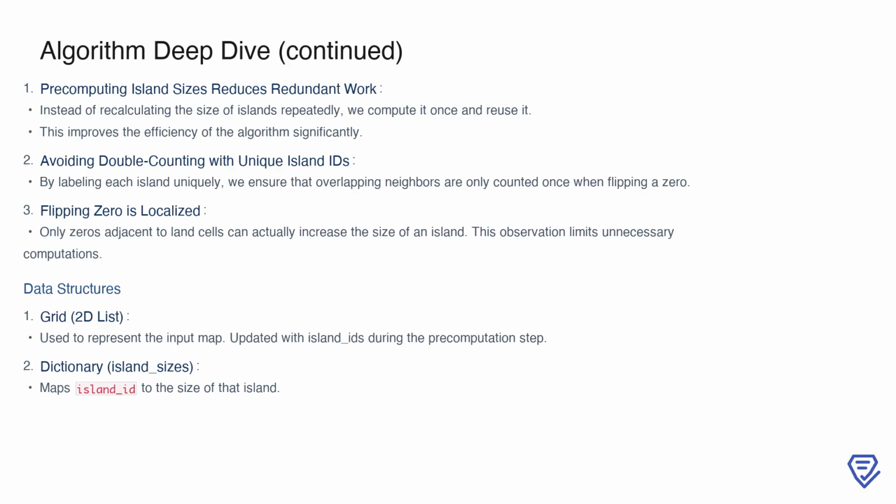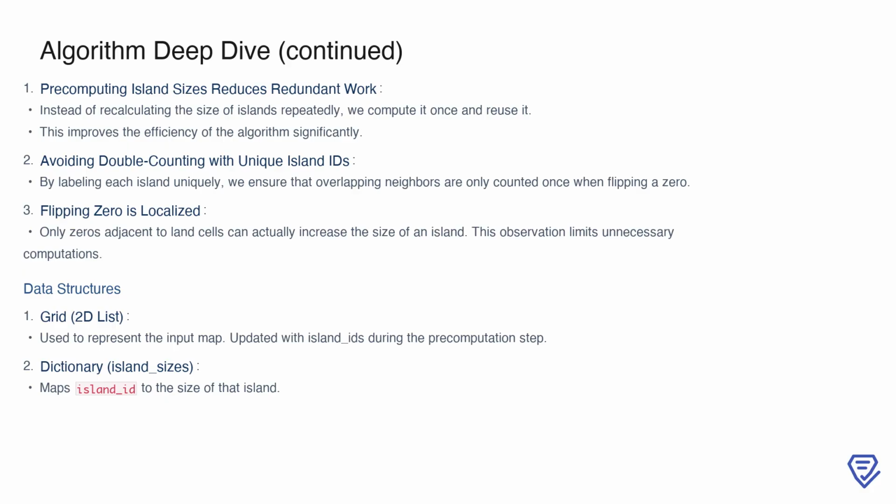This avoids redundant work and ensures that the algorithm runs efficiently. Labeling each island with a unique identifier is another key optimization. It prevents double counting when evaluating the contribution of neighboring islands. For instance, if two adjacent cells both belong to the same island, the unique island_ID ensures that this island's size